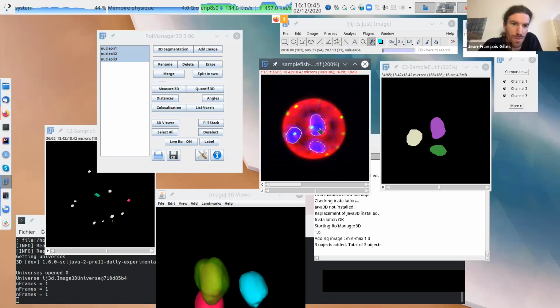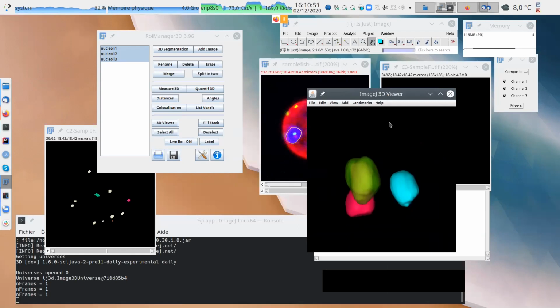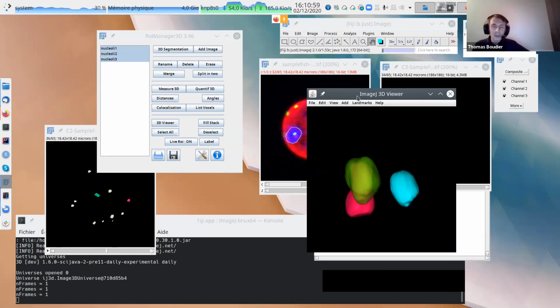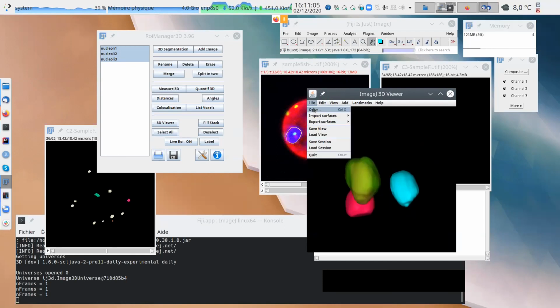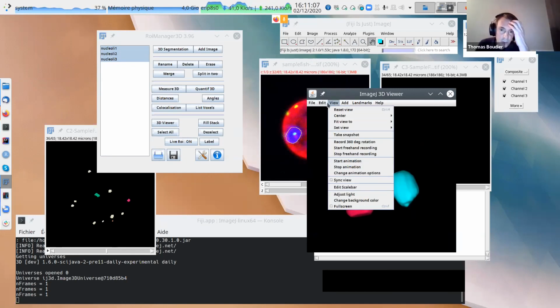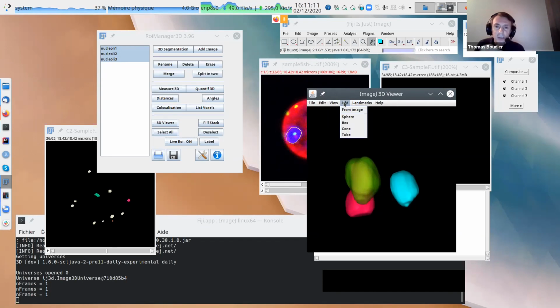No, I meant, so you just showed us in the 3D viewer the 3 objects where you change transparency. So would it be possible now to add, for example, the first channel of the image where this came from? Yeah. Okay, so it's more like, what is it? Edit? Add? Yeah. Add. Add from image.